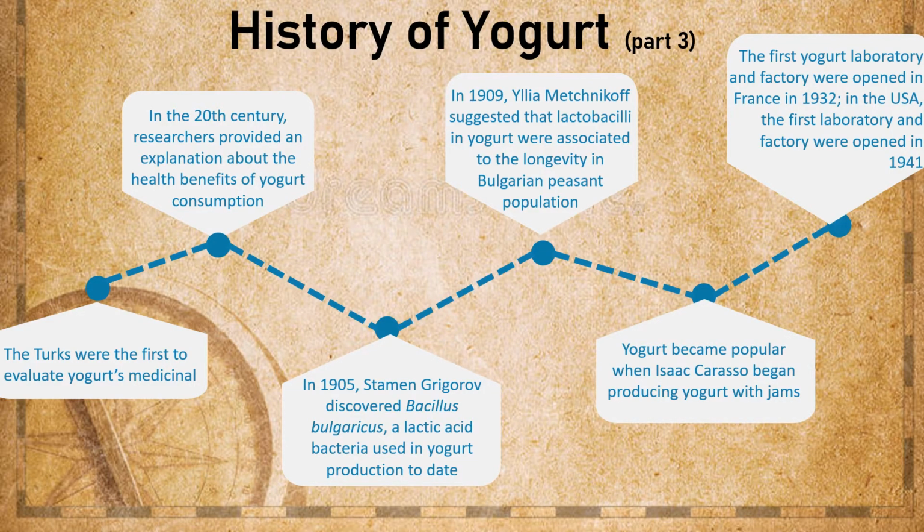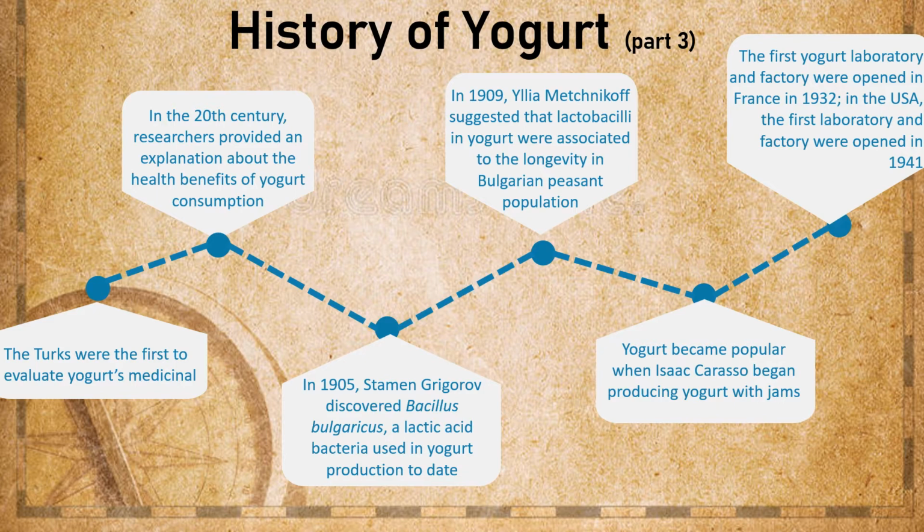The word yogurt comes from the Turkish word yogurmak, meaning thicken, coagulate, or curdle. The Turks were also the first to evaluate yogurt's medicinal use for a variety of illnesses and symptoms, such as diarrhea and cramps, and to alleviate the discomfort of sunburned skin. In the 20th century,